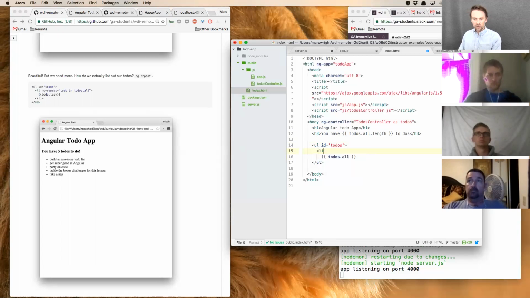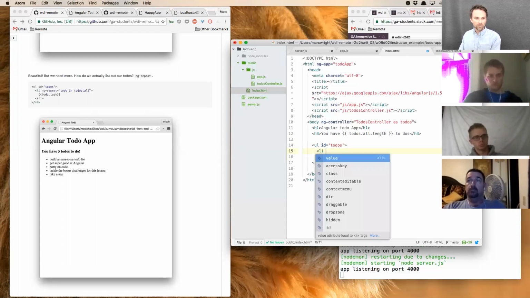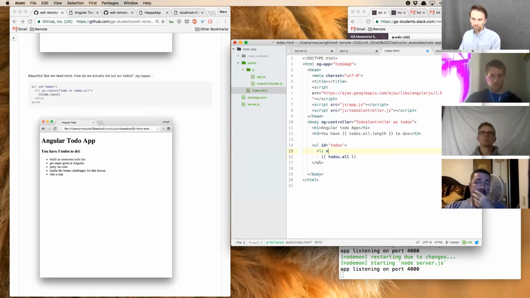But we will need to create LIs for each to-do. And this should be very similar to our #each using handlebars. So let's use an ng-repeat directive. It's a very popular Angular directive. For this one, we're going to declare an alias, a placeholder for what we want each item within our object or collection or array to be represented by. So again, the convention would be, since we're iterating over a list of to-dos, it makes sense that I would want each one to be called a singular to-do. So for each to-do in todos.all,